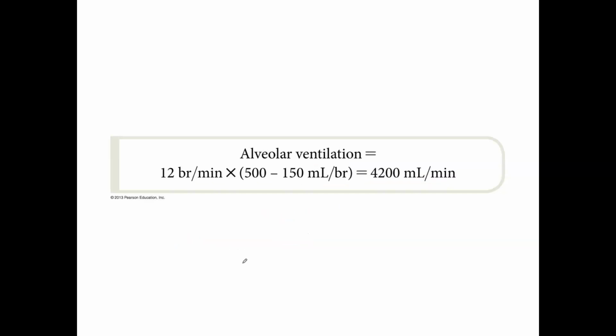So let's take a look at an example. To calculate alveolar ventilation, which actually now is going to look at how much air actually reaches the alveoli each minute, we still have our 12 breaths per minute times our 500 milliliters, which is our tidal volume number. But now we're subtracting out the 150 milliliters per breath, which is the dead space volume. So what we really have is 12 breaths per minute times 350 milliliters per breath. And so that's going to give us a final number of 4,200 milliliters per minute, or 4.2 liters per minute,